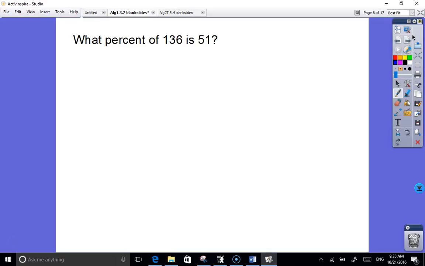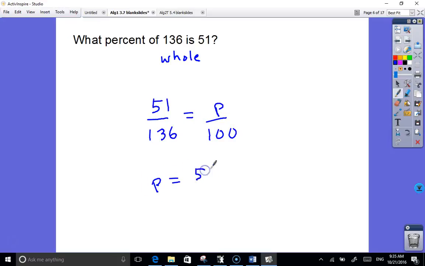What is the 136? Because it follows "of," that's the whole. Is over of, isn't that what you said? So that's the whole. Now they want to say what percent of 136 is 51. Then we're going to say the part is 51, the whole is 136, equals P over 100. So P equals 51 over 136 times 100,